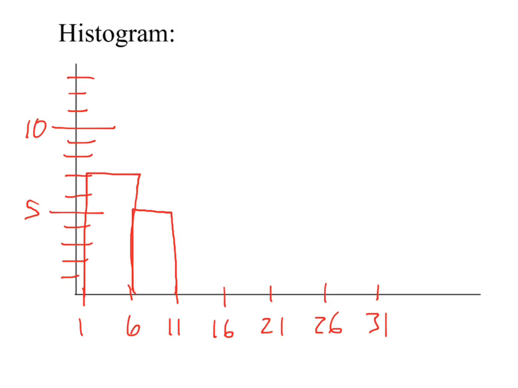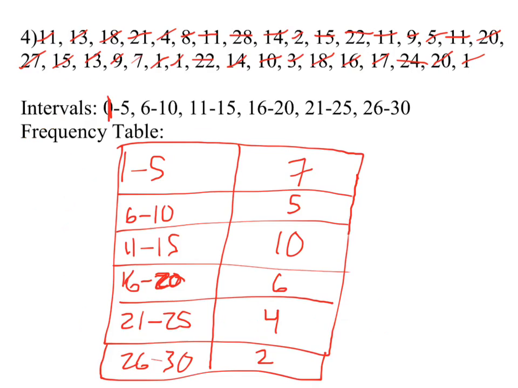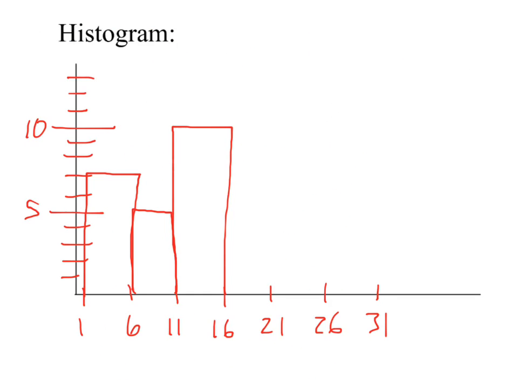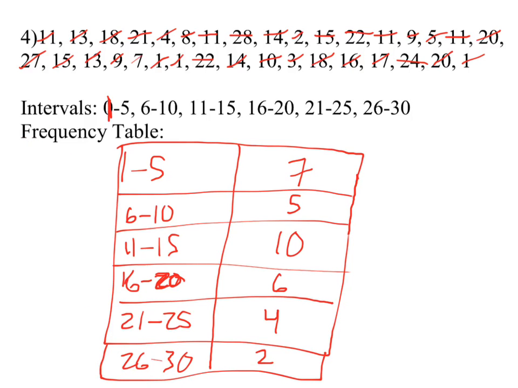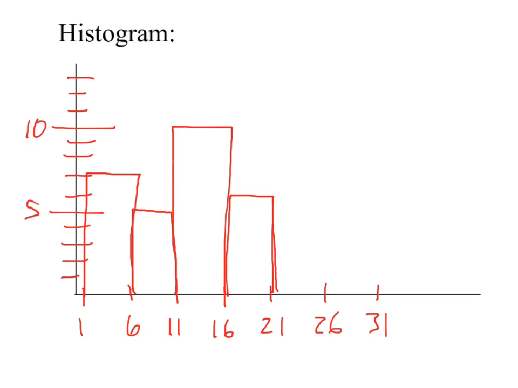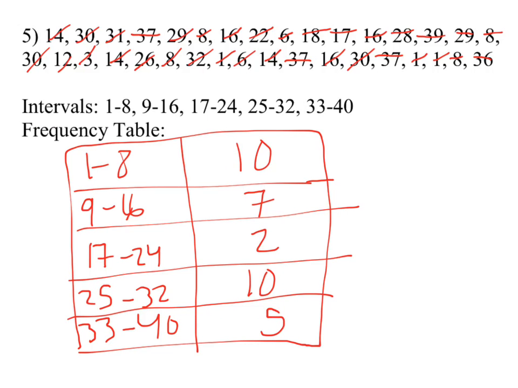and then the next one has 10, and go up to 10, and the next one has 6, so you go up to a height of 6, and the next one goes up to 4, and the last one has a height of 2, because there's only 2 numbers in that interval. Ta-da! Histogram! Next one, the intervals are again a little bit different, but these ones are actually correct on the